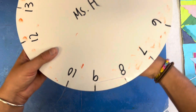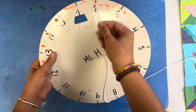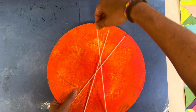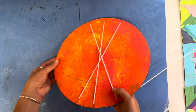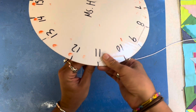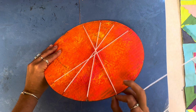So let's look. I just went next door to 9. So across the loom to notch 2. I went across, so next step is next door to 3 and across the loom to 10. I'm in 10. You're going to go next door to 11. There you go. Put it through the notch. From next door, I go across the loom and I go to